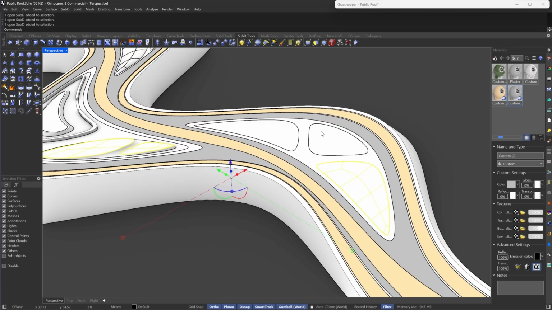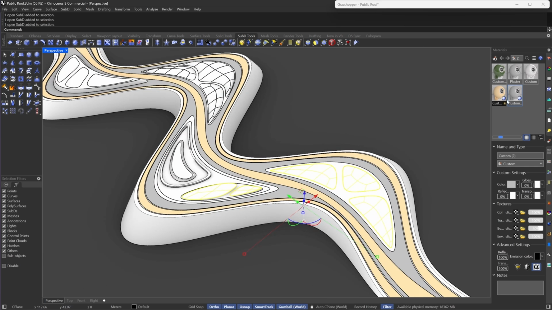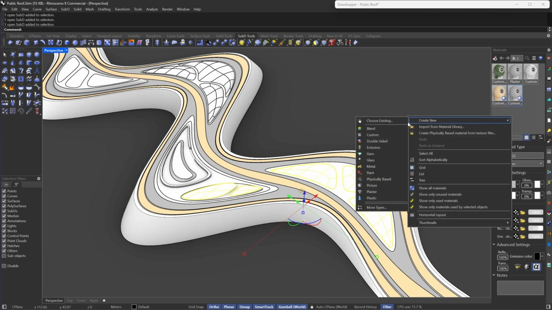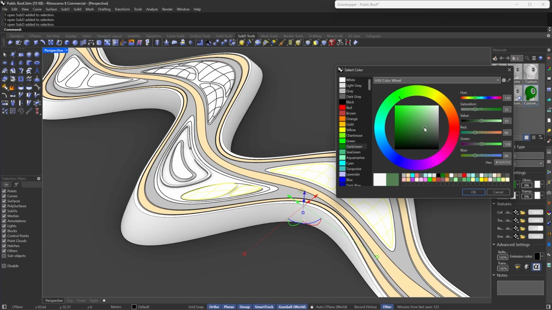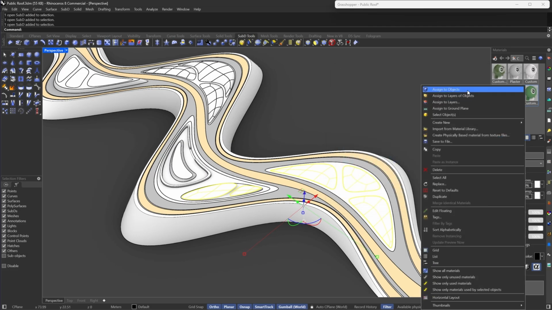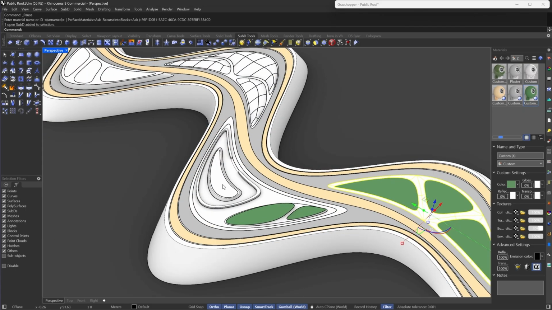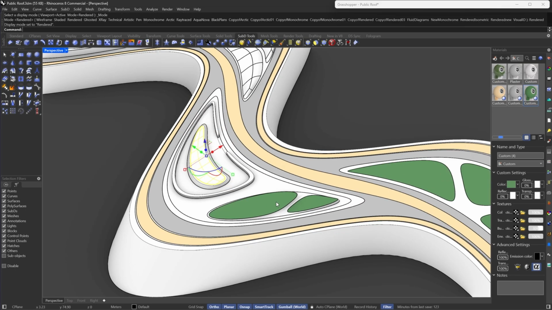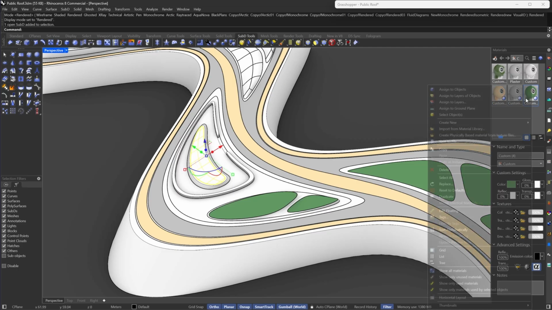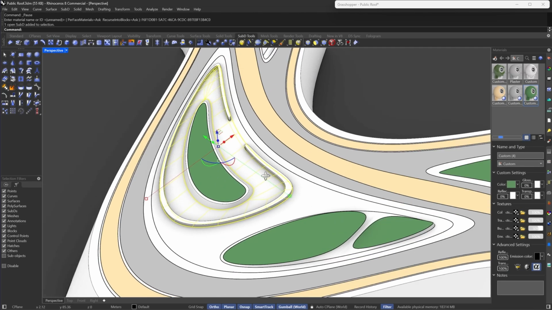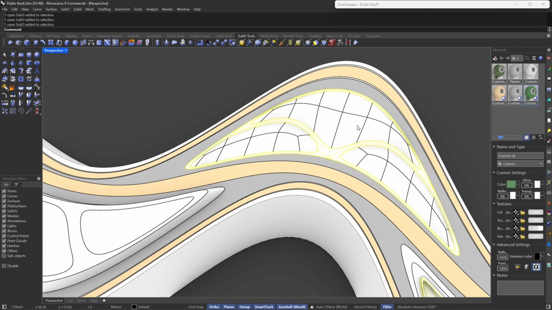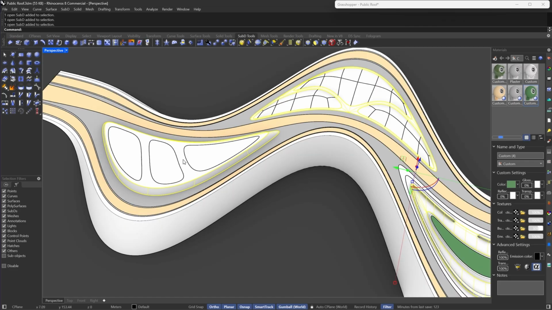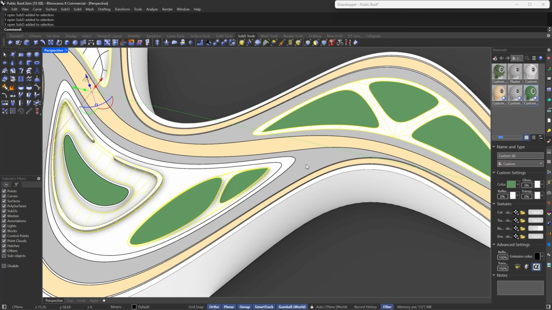select those and add greenery, create new and custom, and make it some kind of greenery, but let's not make it very aggressive, something like this, and assign to object. And those, actually let's add this as a greenery also, so I'm going to assign to object, and then maybe we can select those and this and probably this and probably this, maybe with this, and then we can assign